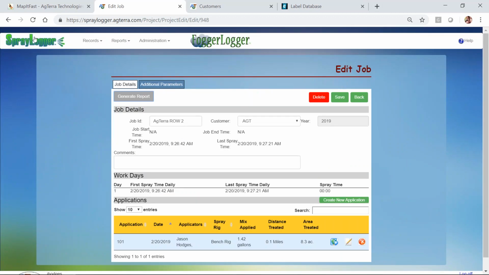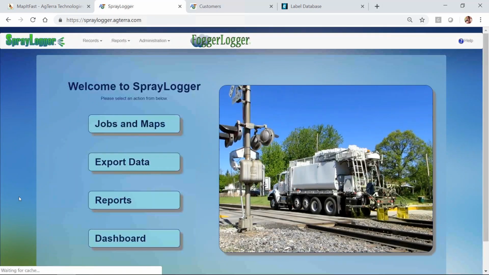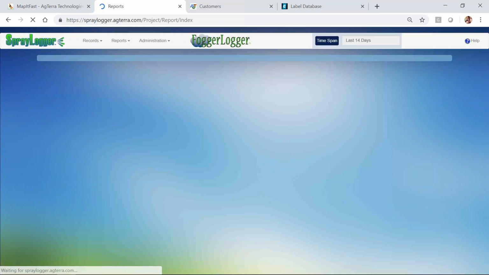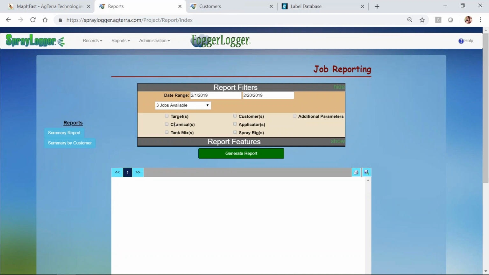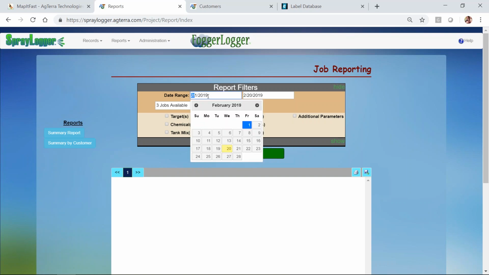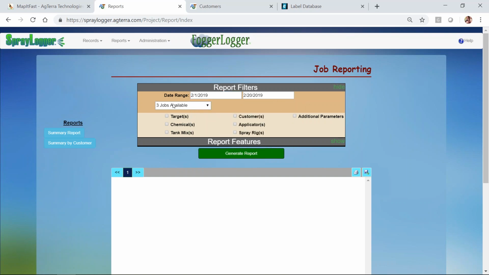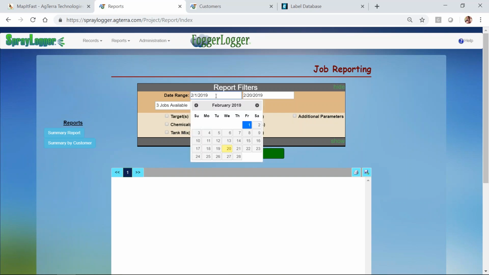But let's go ahead and go back to the SprayLogger webpage and see real quickly how to generate that from a list of filters. So here I have the date range. So when you first come to the jobs report, you can see that SprayLogger by default will start at the beginning of the month at your end and show you how many reports that you have available. I can change this date range